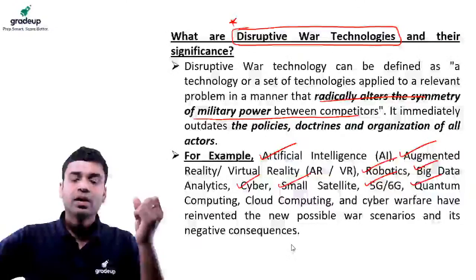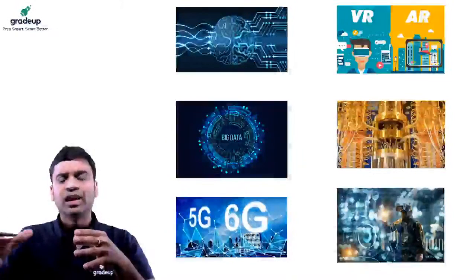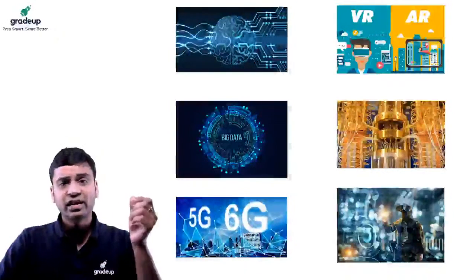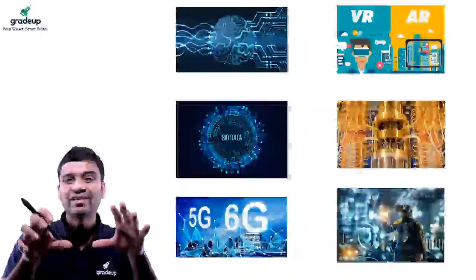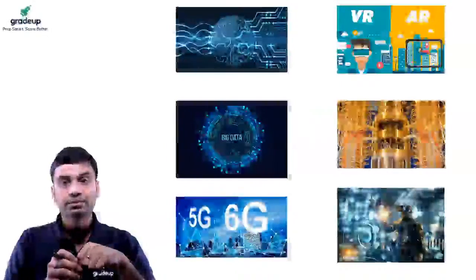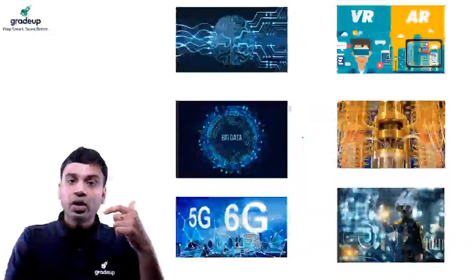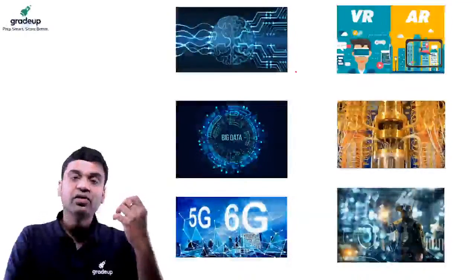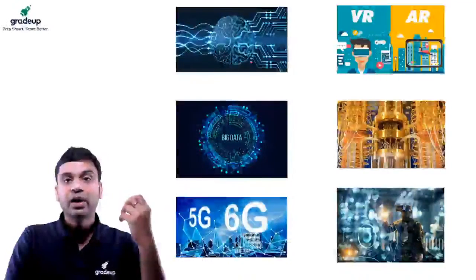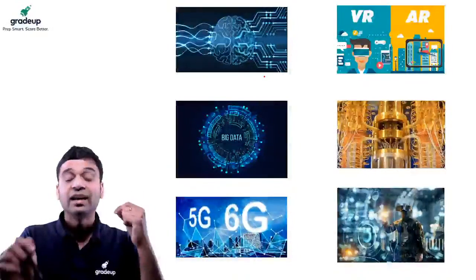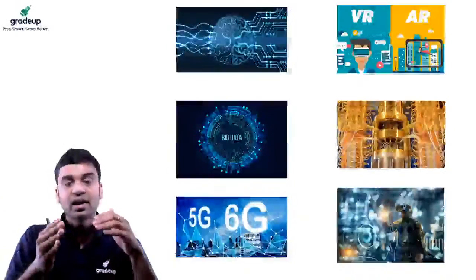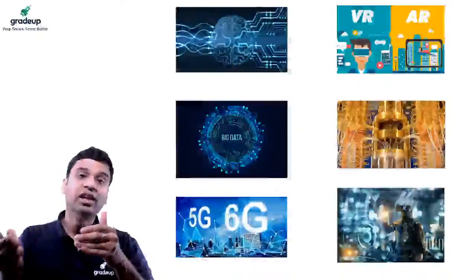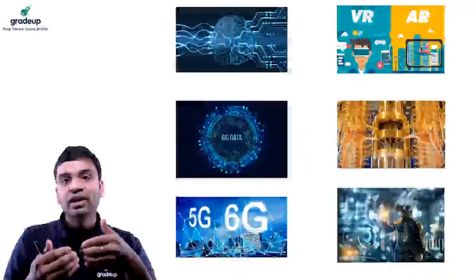So we are looking at how these technologies have been developing over the past few years. For example, what is artificial intelligence? Artificial intelligence is that which can do any work or any system or any process without any human intervention. That is your artificial intelligence. So a computer or a system, an artificial intelligence system, will mimic the human brain. It will have synapses like the human brain. That's why it is artificial intelligence. If you and I have natural intelligence, the computer or system will have artificial intelligence, so it can do any task without human intervention.